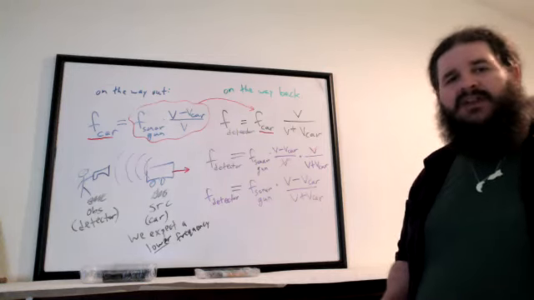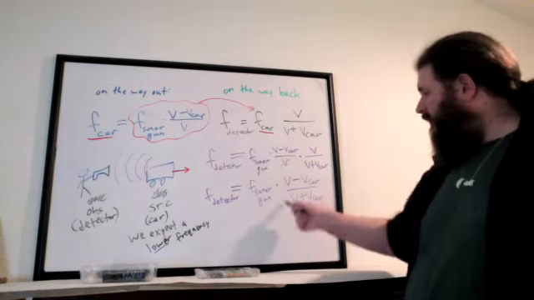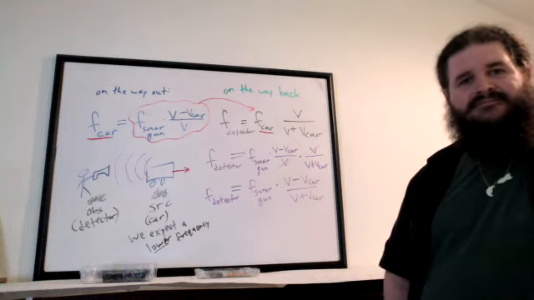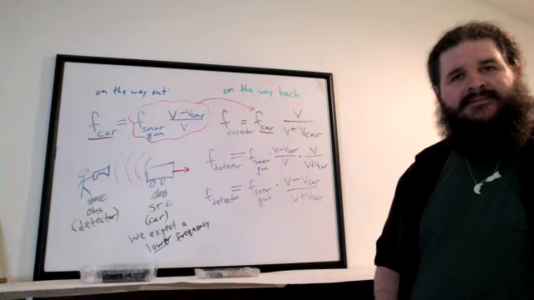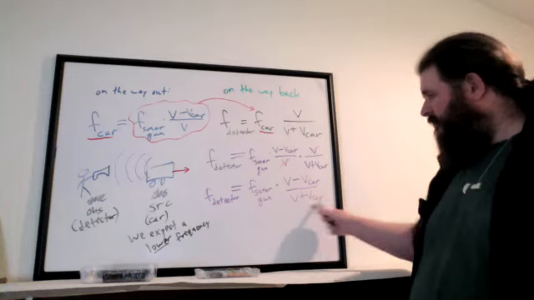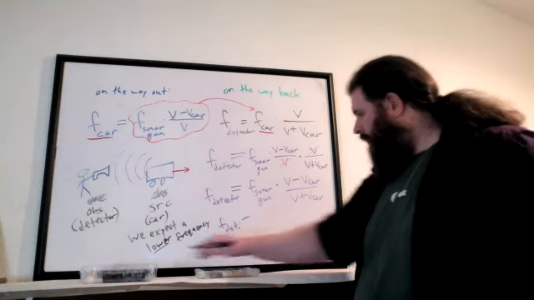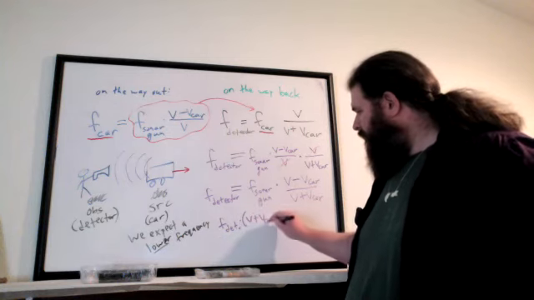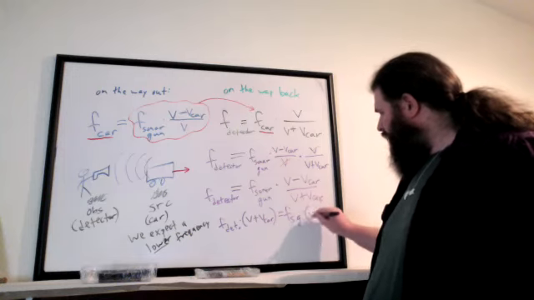And the algebra is going to be a little complicated because we've got the unknown variable in numerator and denominator. But how could you just get rid of this denominator entirely? What's the opposite of dividing by something? Multiplying v plus v car to the other side. Exactly. Multiply both sides by this whole thing, v plus v car, and you get frequency detected multiplied by v plus v car equals frequency of the sonar gun times v minus v car.